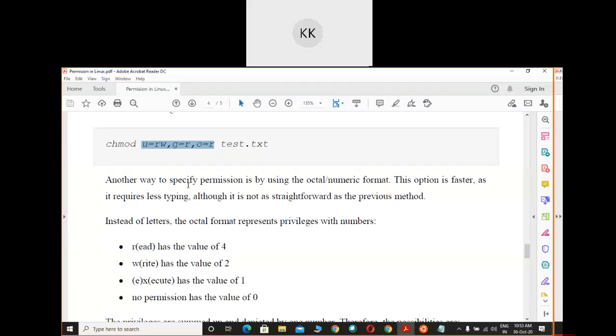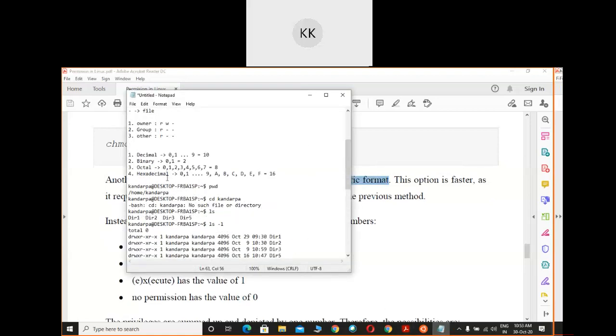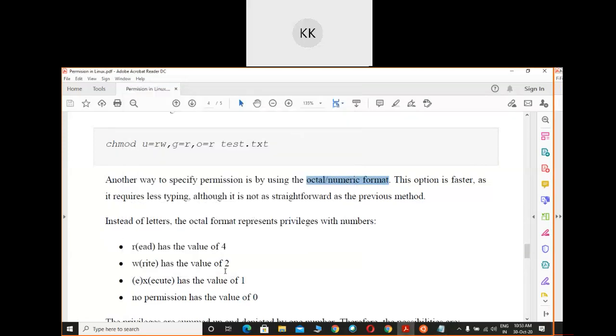Another way to specify permission is by using the octal or the numeric format. That means instead of writing read, write and all, you can write the number also. Now how to use the number? This option is faster as it requires less typing, although it is not as straightforward as the previous method.